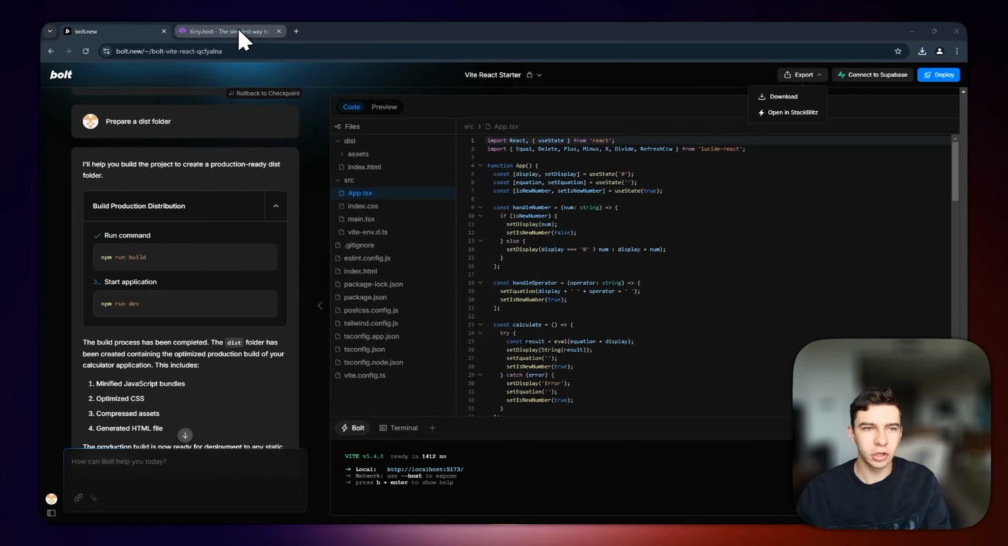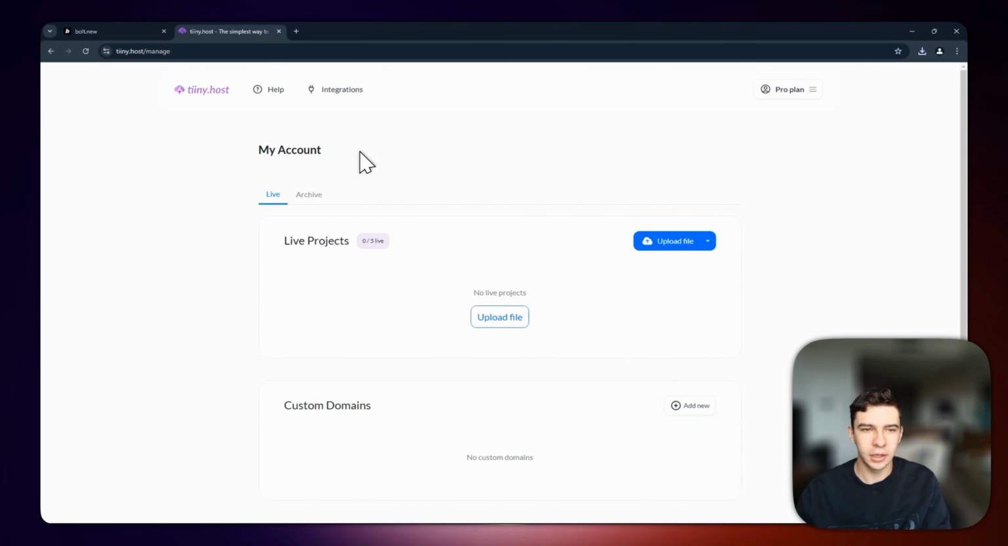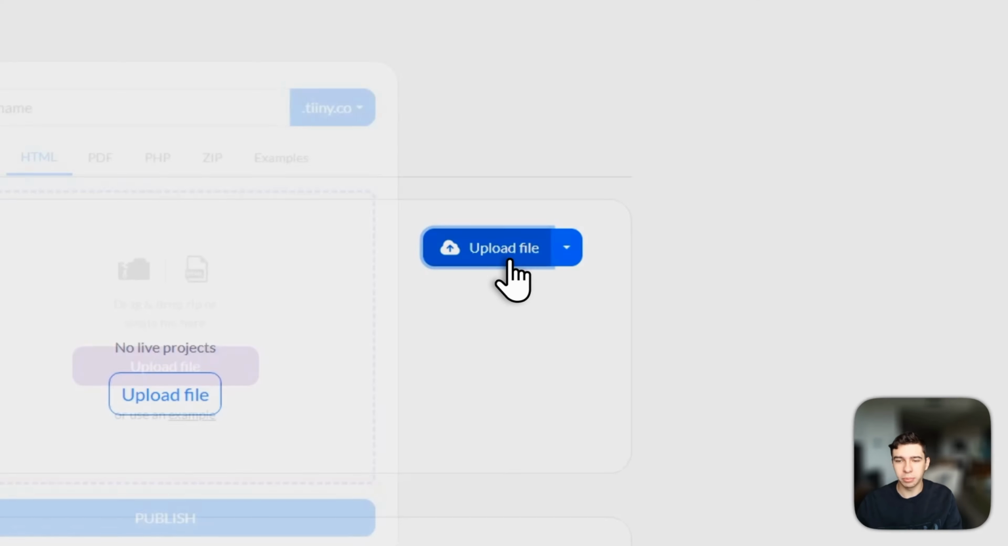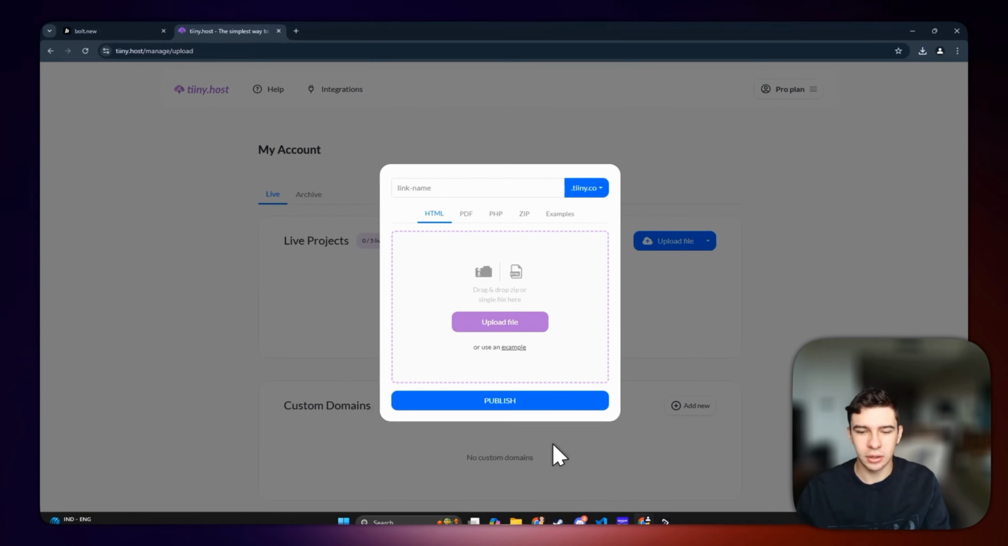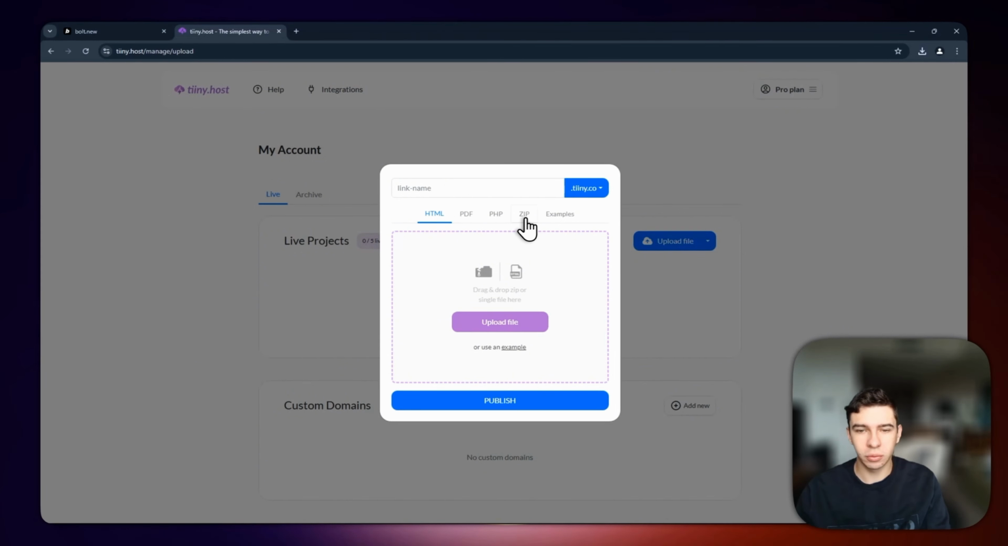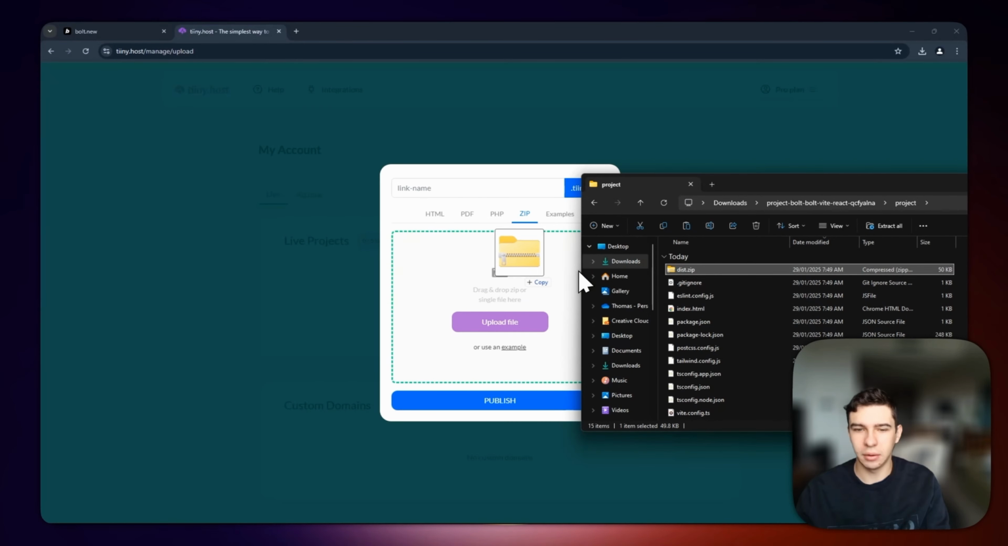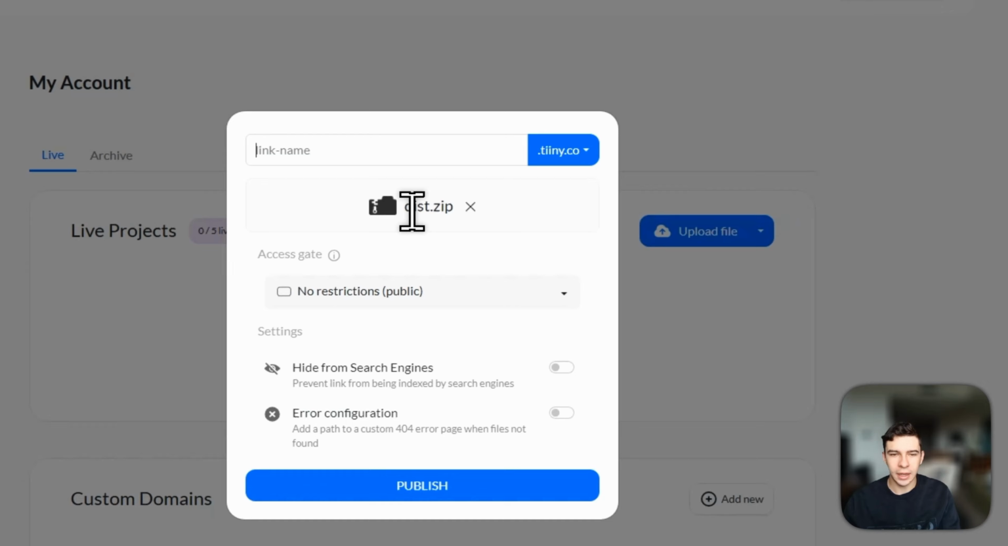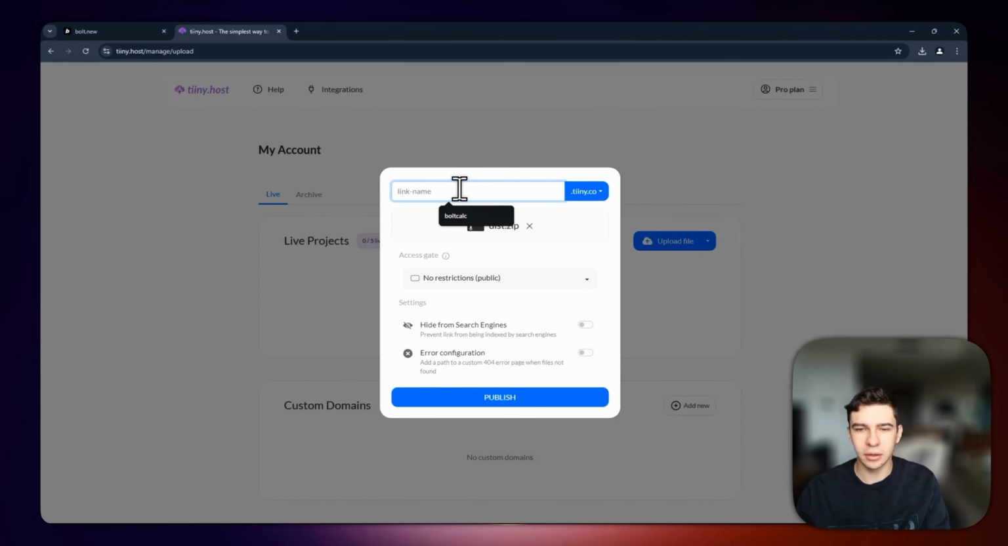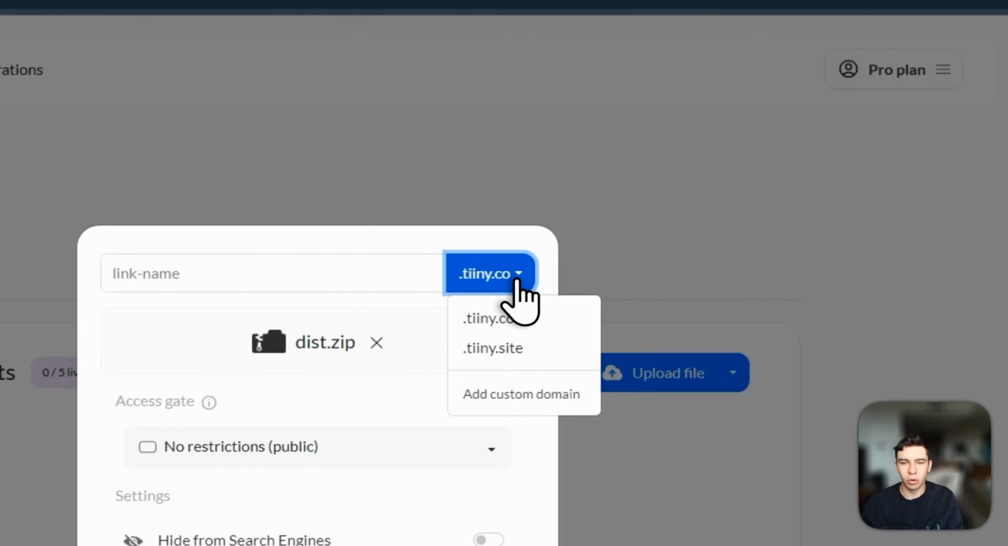And now we're just going to go straight over to tiny.host. This is a really easy, quick website to get my new website up onto the internet. So now we're just going to upload the file. So you can see here the upload file, and we just want to go to the zip, and we'll drop that right in there. And now I can call the website really anything that I want, Bolt Calc, or I